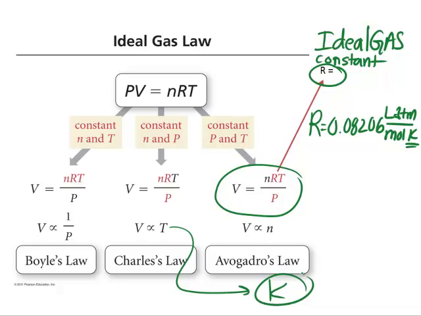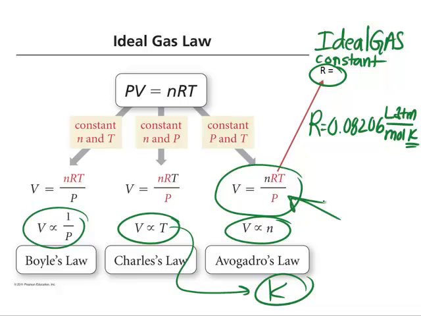When you combine all three gas laws, volume inversely proportional to pressure, so V1 P1, V over T, V over n for those relationships, you combine those into the ideal gas law, V equals nRT over P, and this is primarily written as PV equals nRT. So now we've got an equation that says if you know the pressure, volume, and temperature, you can calculate the number of moles. If you know the number of moles, temperature, and pressure, you can calculate volume. If you know any of the three variables,